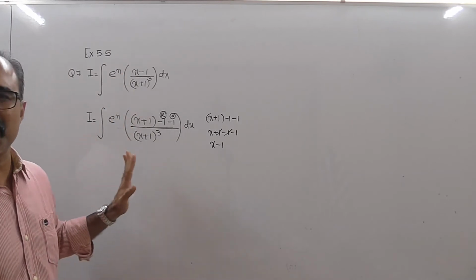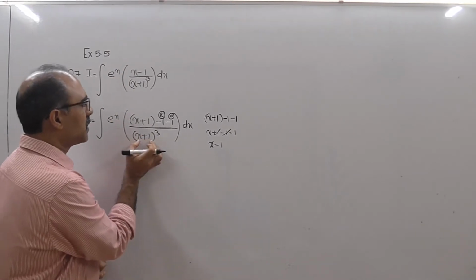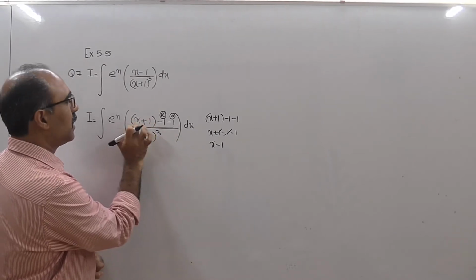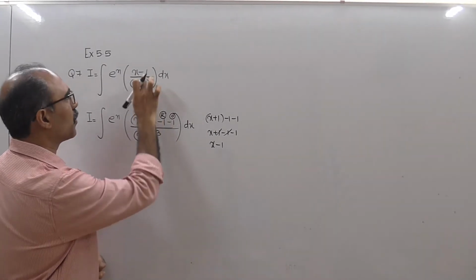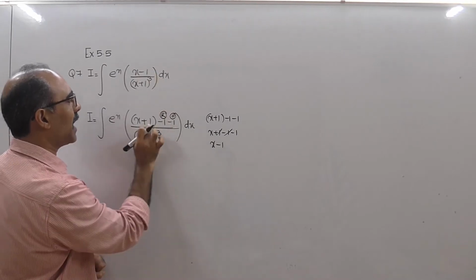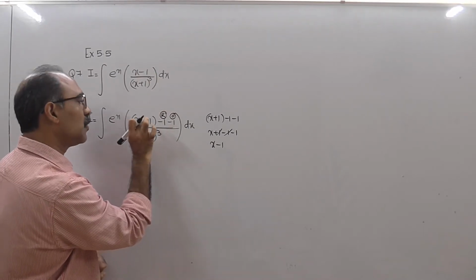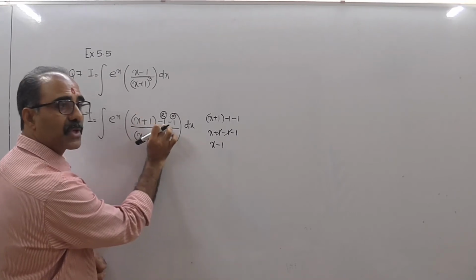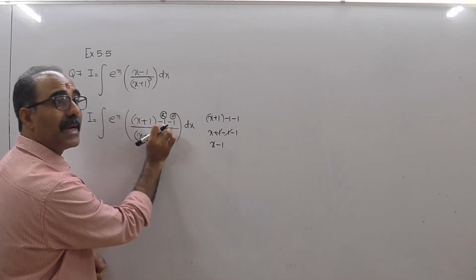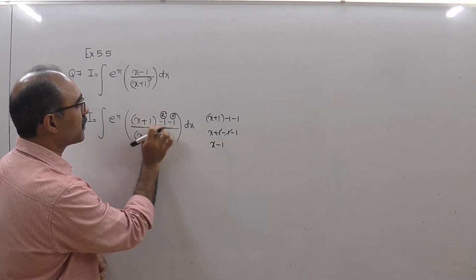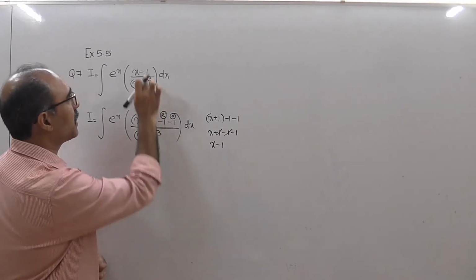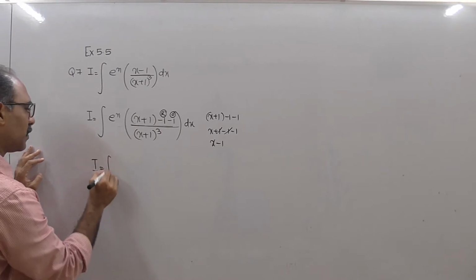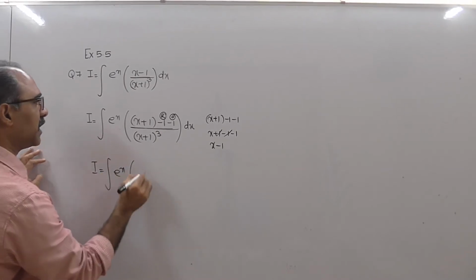So I'm not making any change. So what I do is whatever is the variables inside the bracket, I copy in the numerator. X and x same, no problem. Minus 1 is the original number. I have written something like plus 1. So whatever number I have written here, you give the reverse of that so that use additive property. So this is plus 1, so this will become minus 1 and you copy the original number. So this becomes I equal to integration e raised to x.